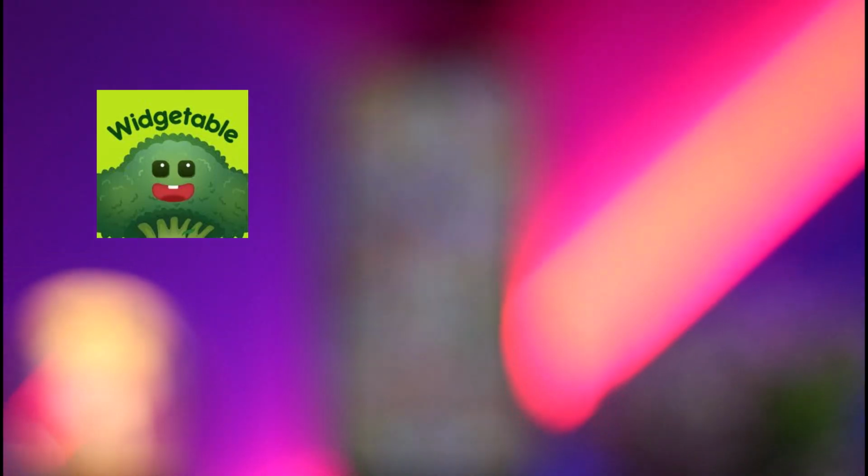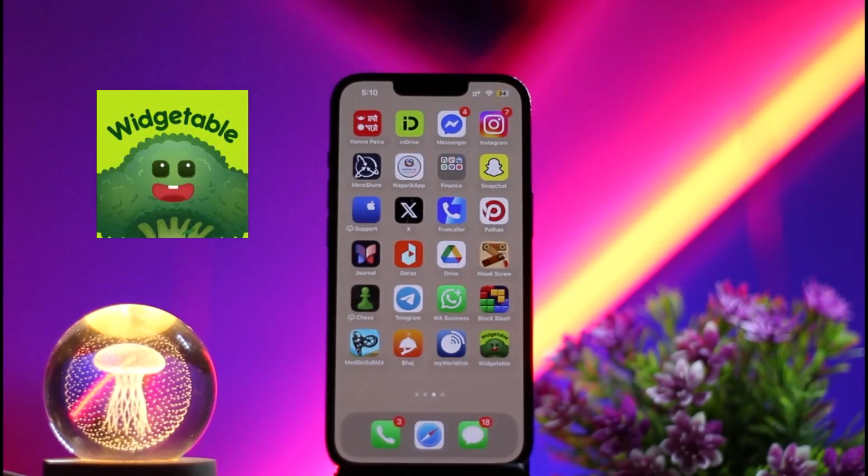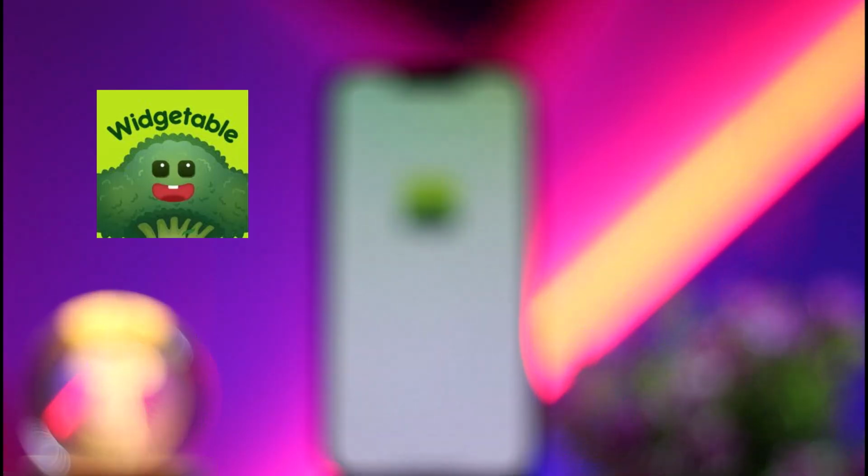So let's get started. The first and basic thing you need to do is make sure that you have already installed the Widgetable app on your device. If you have not installed the Widgetable app, you just need to install it from the App Store or Play Store on your device. After that you just need to open the Widgetable app,